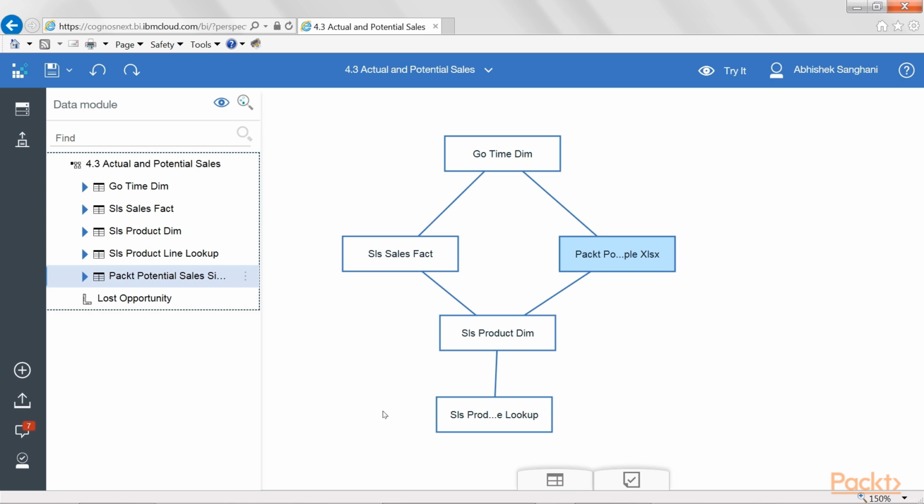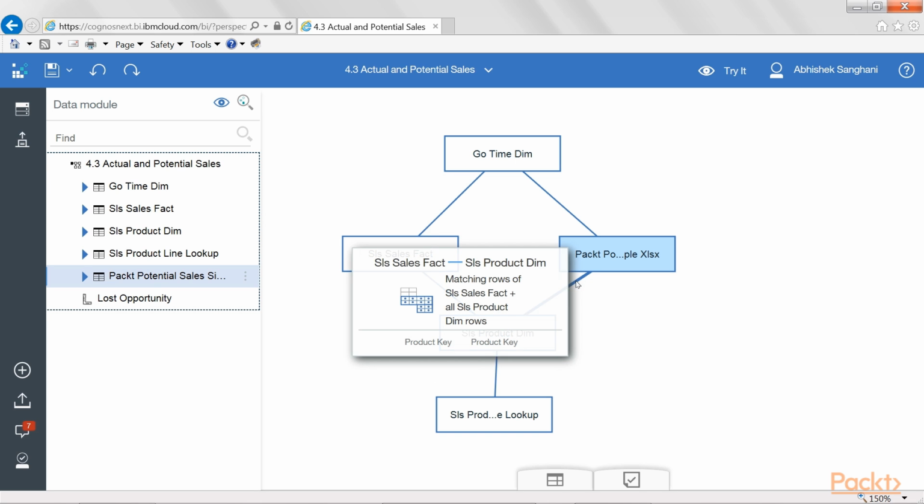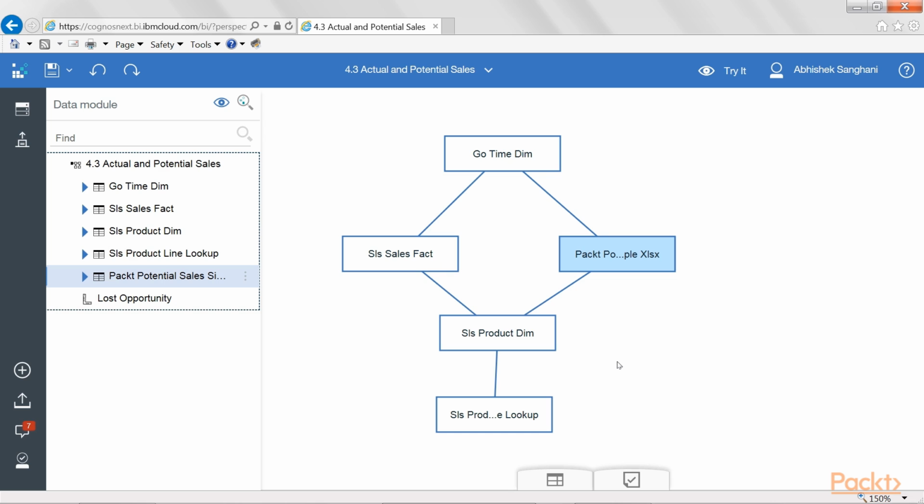As we do not have any such object, the next thing we are going to do is examining all the cardinalities in each of these joins. Rather than editing each join to examine the cardinality, I am going to use this feature called Change View by clicking on this icon and enabling cardinality to be shown on the canvas. So, in very easy manner, I can see the cardinalities for each join, which is 1 to many here and 1 to many on this side,